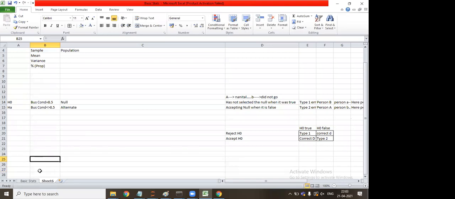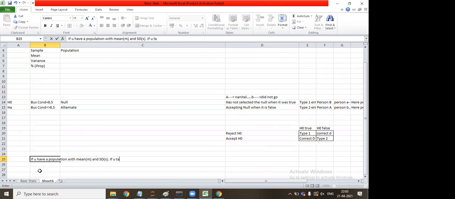The central limit theorem says that if you have a population, a whole data set, with mean M and standard deviation S,